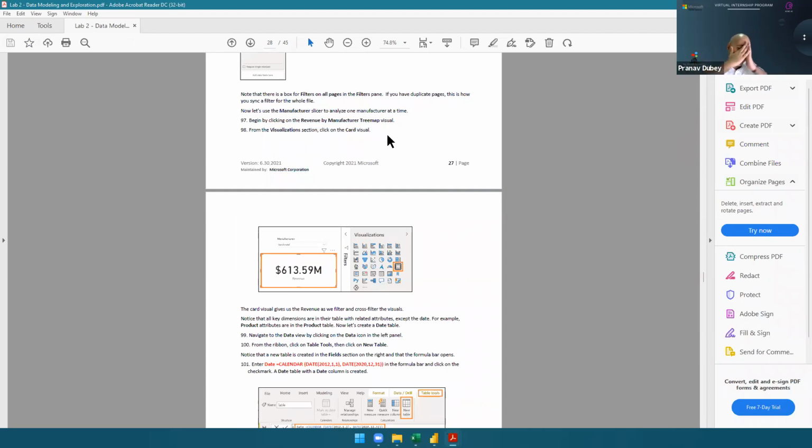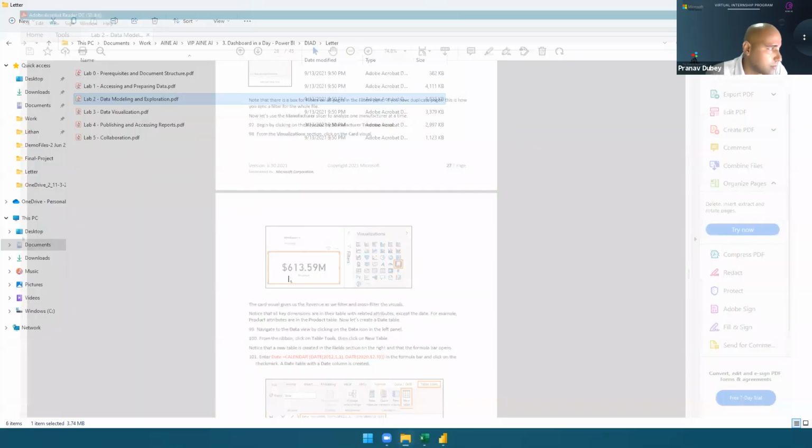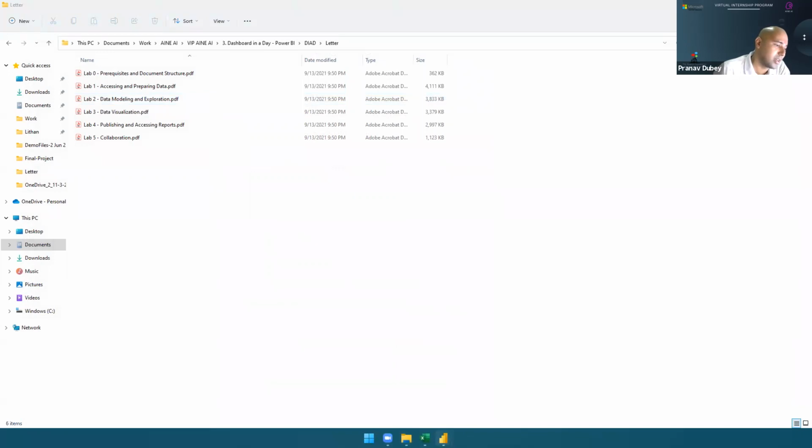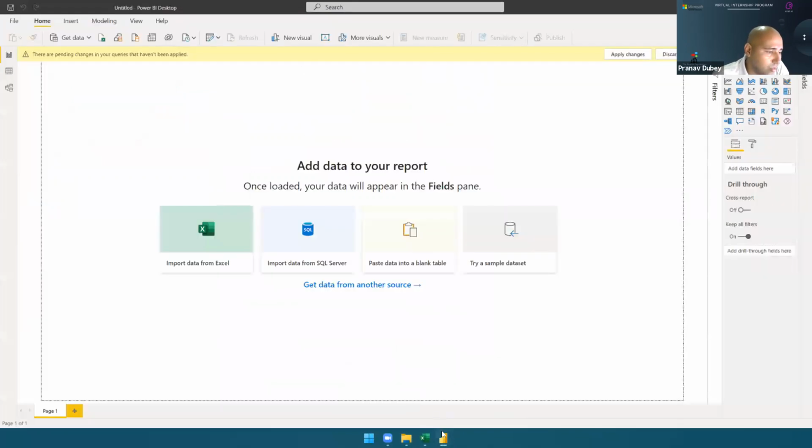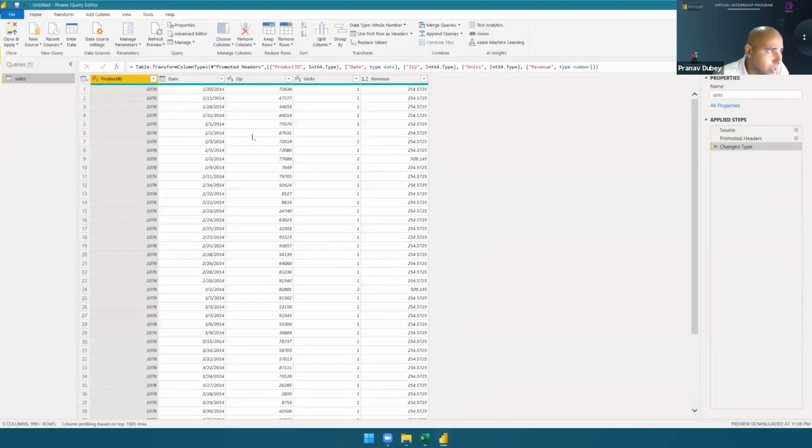Now that would be all. I just wanted to show you how you have to proceed. Power BI, you know, is the business intelligence tool created by Microsoft, and this is how we are going to use it. You follow the steps and you will be able to complete the project.